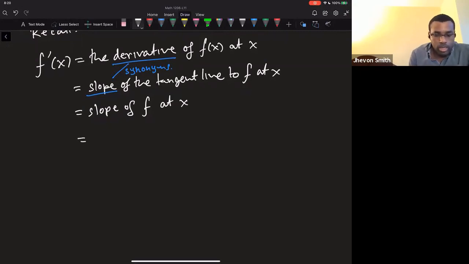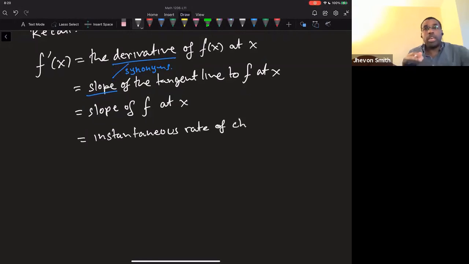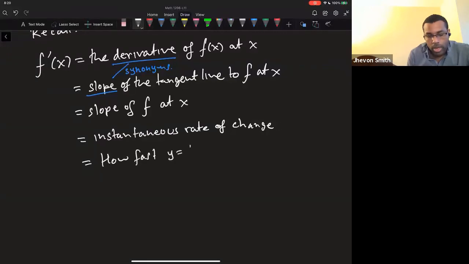Another thing that this is called, it's called the instantaneous rate of change. As opposed to the average rate of change, which is over a large window, we want the change at this point, and the tangent line is what gives us that. Another way you can think of it is how fast y equals f of x is changing in relation